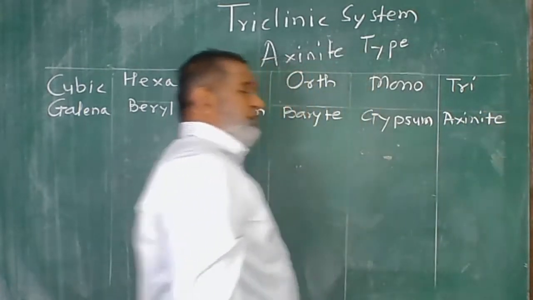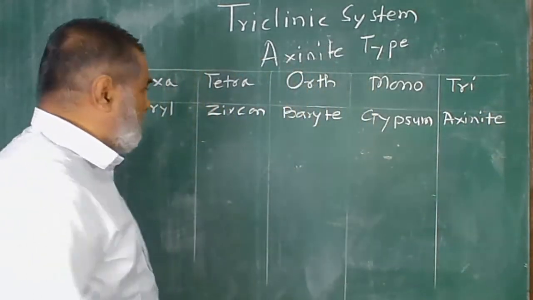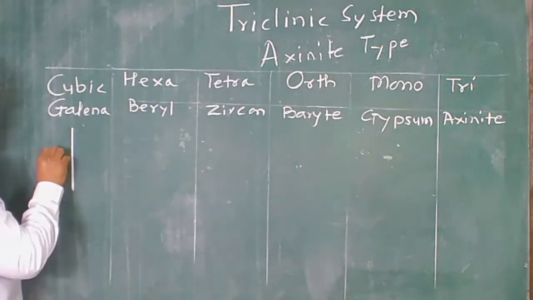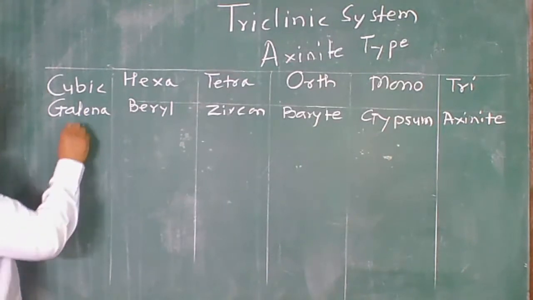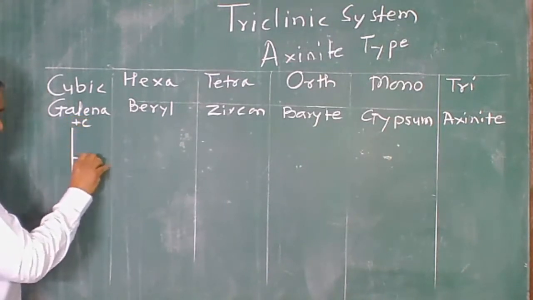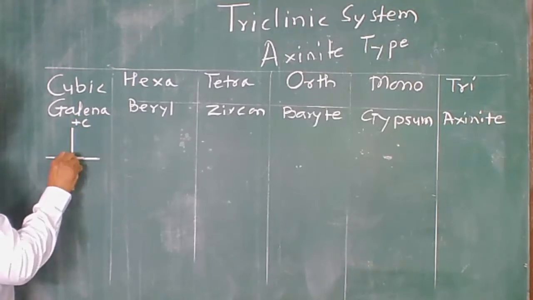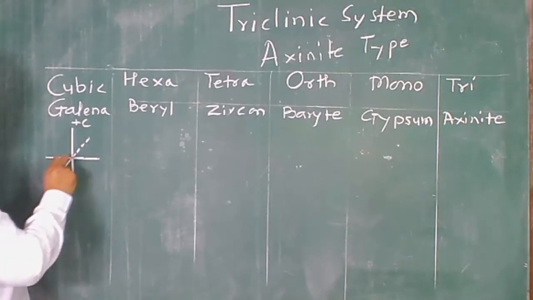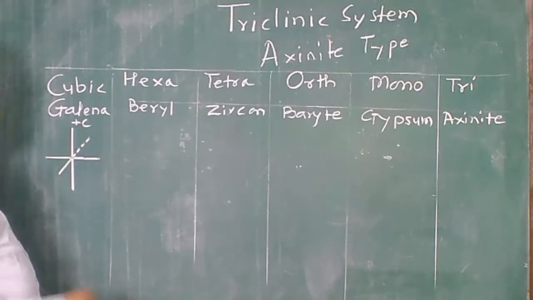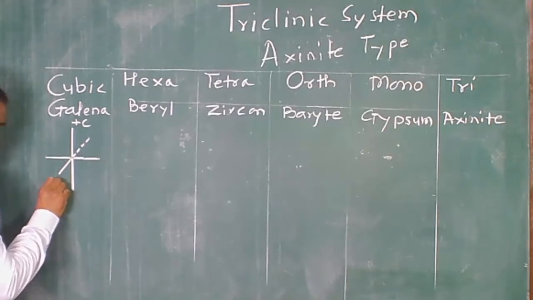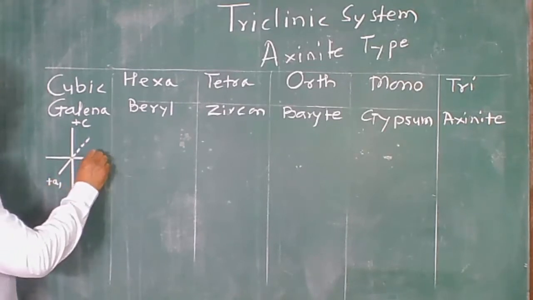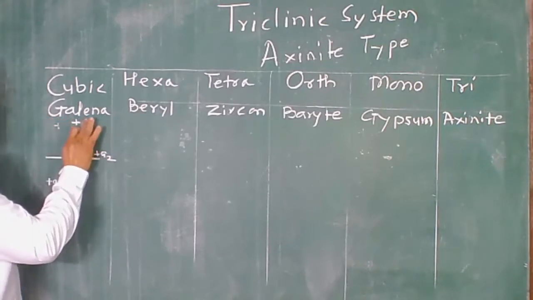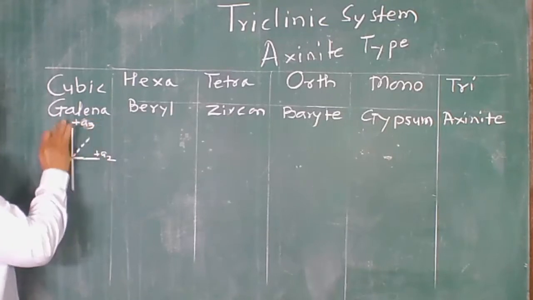So first we'll see the crystallographic axis. What will be the relation of these crystallographic axes? In the cubic system, there are three axes, A, B and C. This is the C axis running from top to bottom, the B axis running from right to left, and A running from front to back. Front is always made bold, and the back you cannot see, so that is dotted. All three axes are equal, so A will be denoted as A1, B as A2, and C as A3.